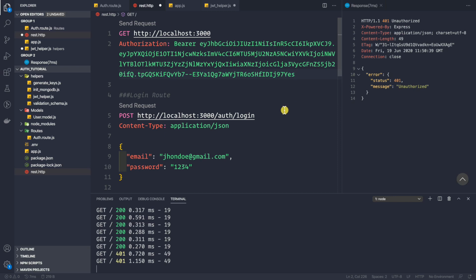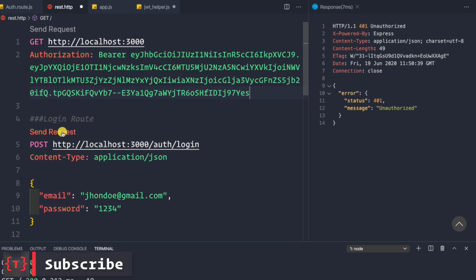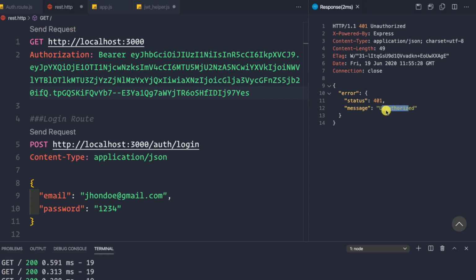Okay, so in this video, let's see how we handle the error messages that are coming back to the client. If we make a login request, or simply a request to a protected route, we get an unauthorized error or message. But the token has actually expired, and we want to see that message, that the token has expired, so that the client could send another request to the refresh route to refresh this pair of access token and refresh token.